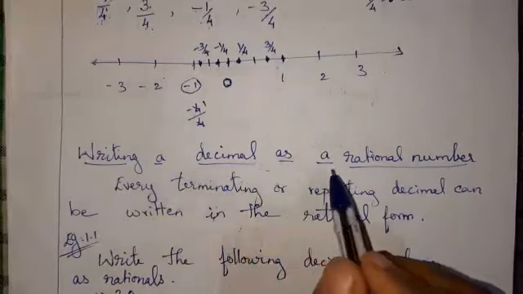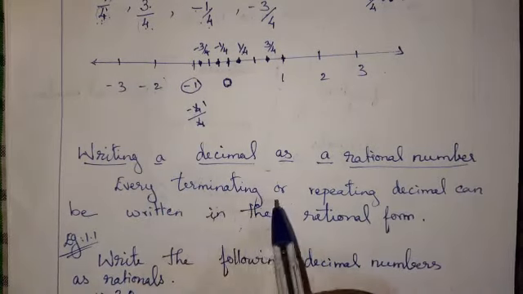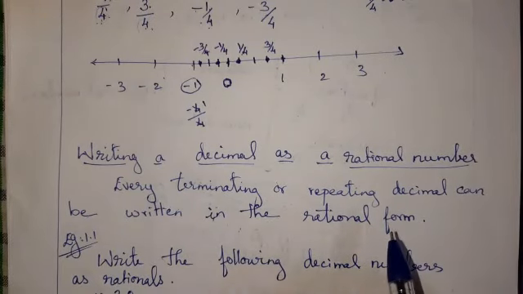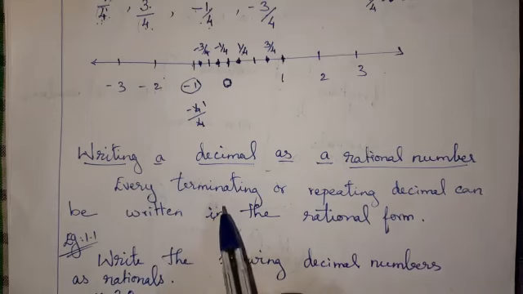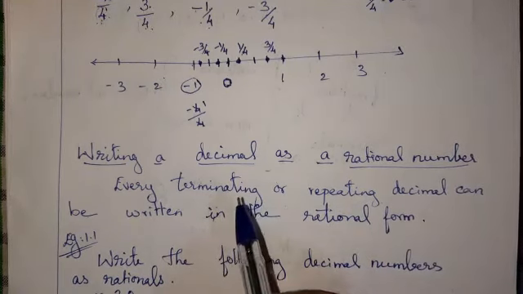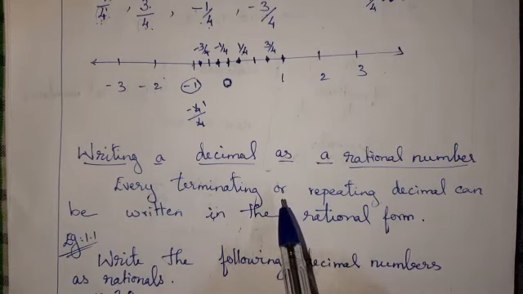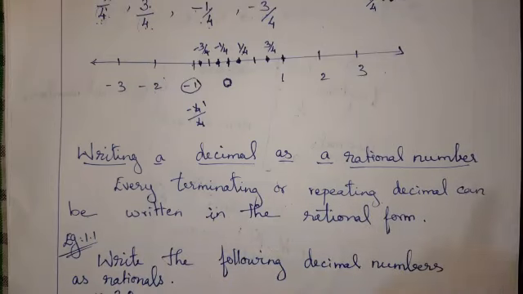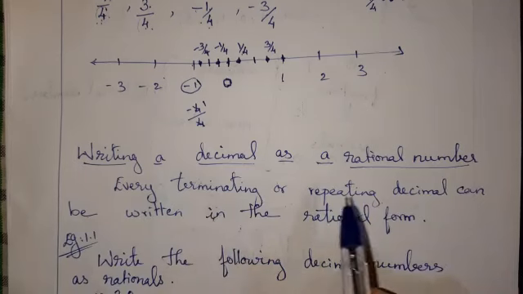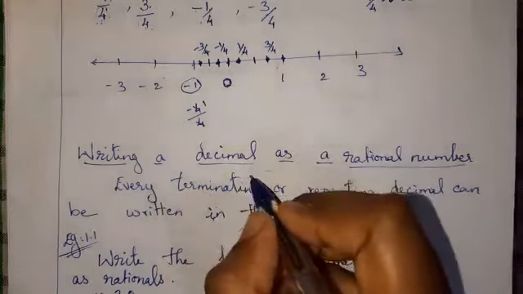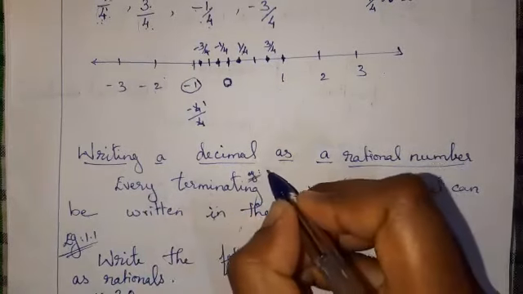Writing a decimal as a rational number. Every terminating or repeating decimal can be written in rational form. Terminating means, for example, 0.5. Repeating decimal means 0.5, 6, 7, etc. It goes on. Every terminating or repeating decimal. Okay. Terminating means, example, 0.5,